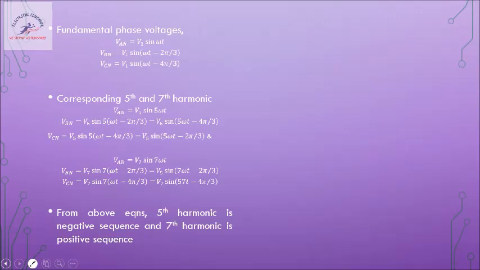So now there arises a question. Why are we considering fifth and seventh? Why not second, third, fourth, sixth? As mentioned earlier, even harmonics are eliminated automatically. Now we know something called triple N harmonics. If we substitute 3 and so on, we do not get any sequence component, we get zero sequence. Kindly try it out.